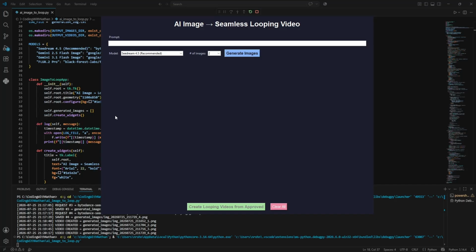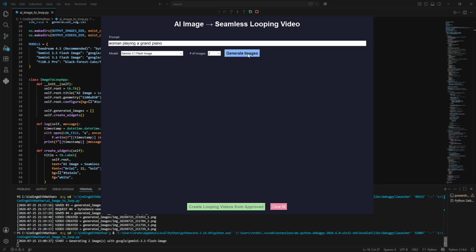All right, so here's exactly what we're going to build. I'm going to type in a prompt, something like a woman playing a grand piano, and select which image generator we need. These are the four we are supporting. So let's do 3.1. Do 2 images. Then we just click generate,